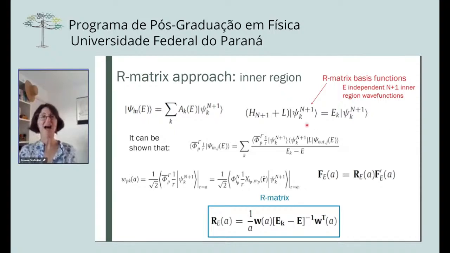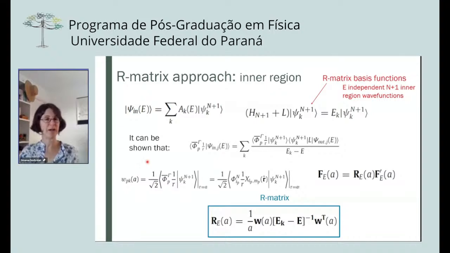And these are the eigenfunctions of a Hamiltonian with the block term, so that is Hermitian, in the inner region. So in practice, one doesn't usually have to find these coefficients. It is enough to find the R matrix basis functions. And what can be shown is that if one operates with these, projecting them onto the channel functions and then